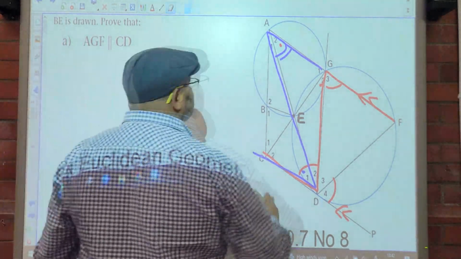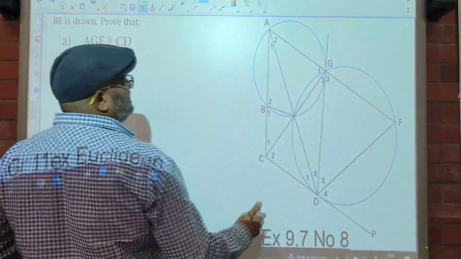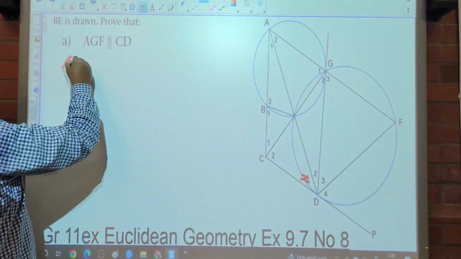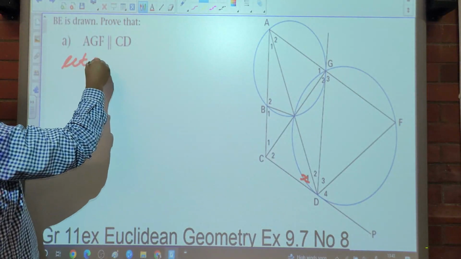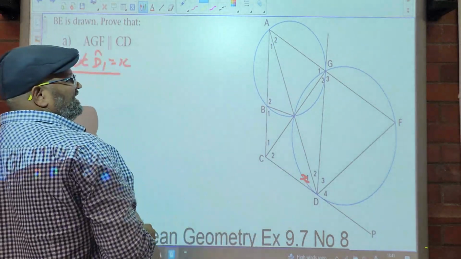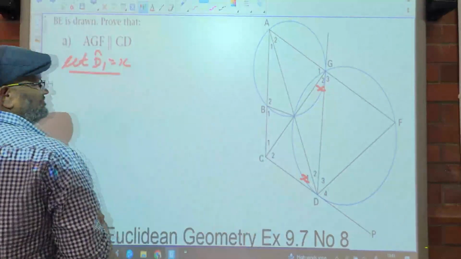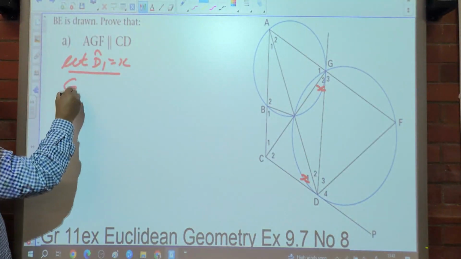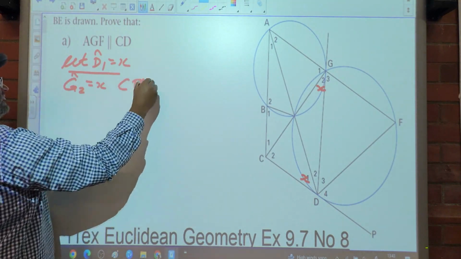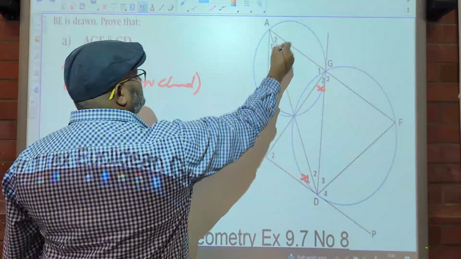So where do we start? We start by letting one of those angles that we indicated be X. So I go with D1. I say let angle D1 equal X. So if that is equal to X, which other angle is equal to X? G2. So G2 is equal to X. Why? Tan chord theorem. Okay. So G2 is X,